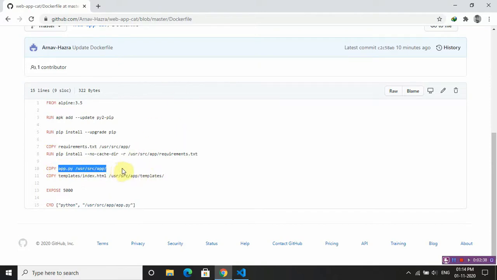First we copied the app.py, that is the backend of the app, into the container, and then we copied the index.html into the container. Then we expose port 5000 on which the Flask server will run, and then at last the final run command to run the app. So in this way we write a Dockerfile.